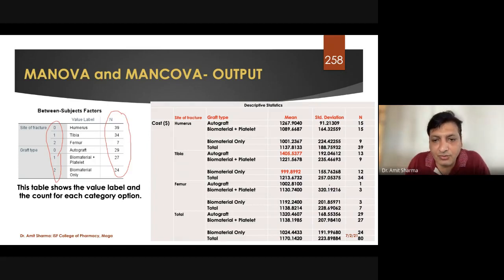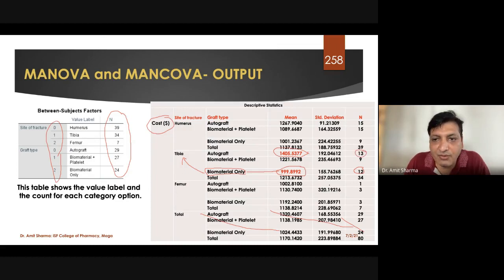And I'm going to ignore the total at the bottom. We'll see what we have. We'll try to find the lowest and highest. I have already marked them in red color. This is the lowest and this is the highest, and it is the cost. The minimum cost was found in 12 patients, those who were treated with biomaterial and having a fracture of tibia, whereas the highest cost was observed in 13 patients,